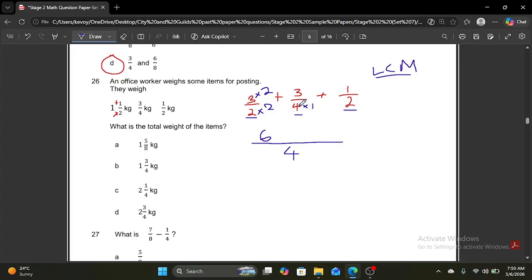Then 4 times 1, because we need our denominator to be the same, which is 4, the lowest common multiple. That is the reason why I multiply by 1 here, while over this fraction I multiply by 2. Anything you do at the bottom, you have to multiply the same number at the top. So 1 times 3 is 3, plus